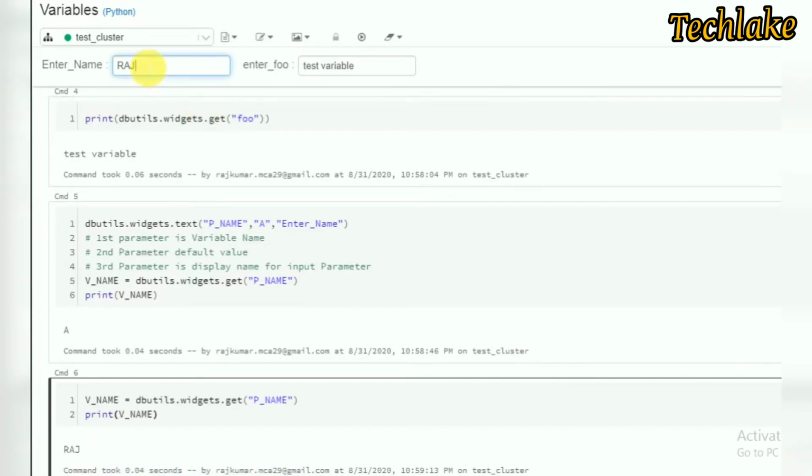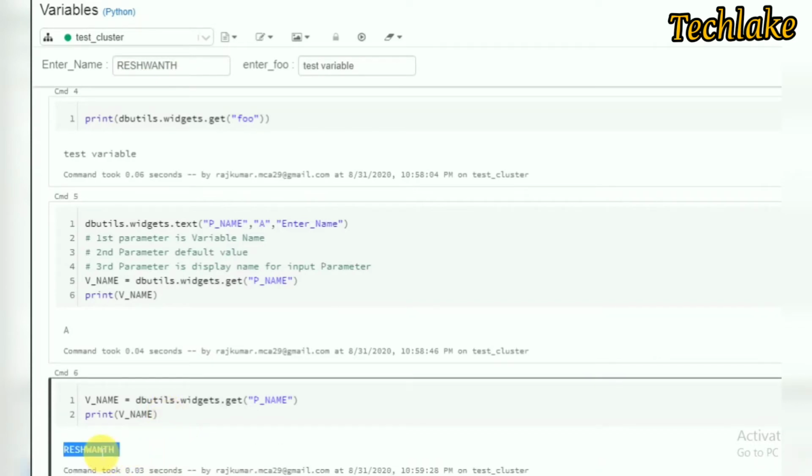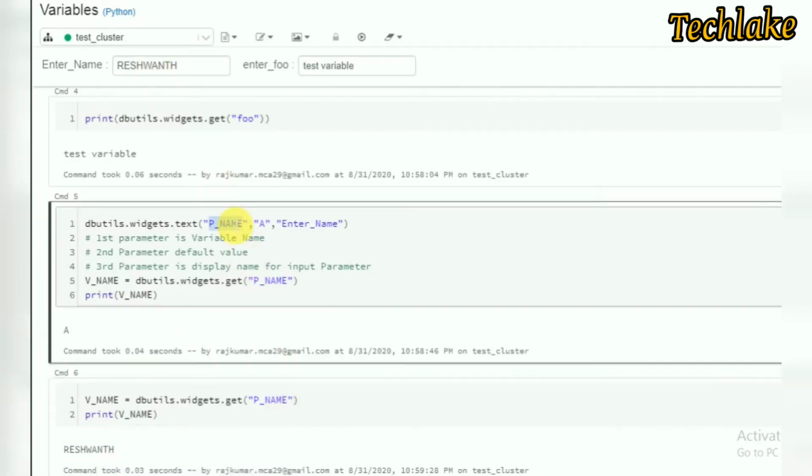If I change the value and read it again, running it here, you can see whatever value you give here, this is the parameter name, or you can say variable name. So this is the way we can create parameters or variables and pass the values.